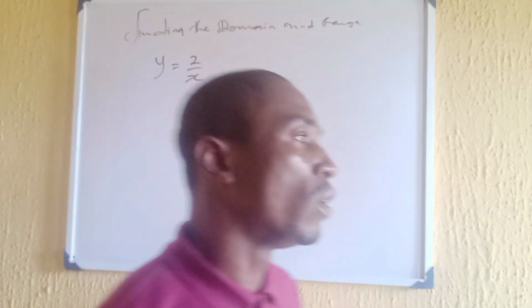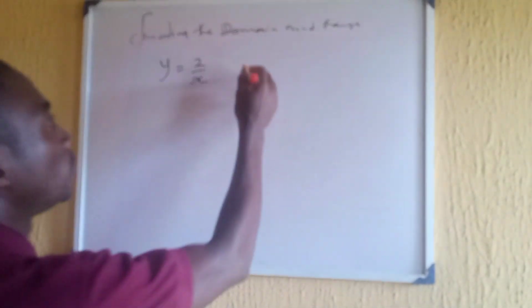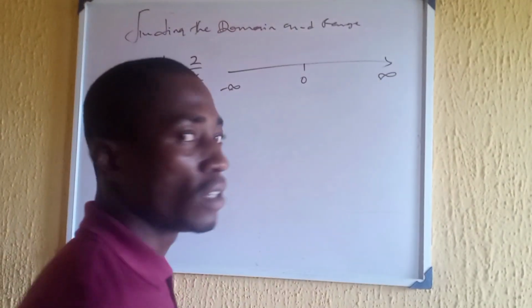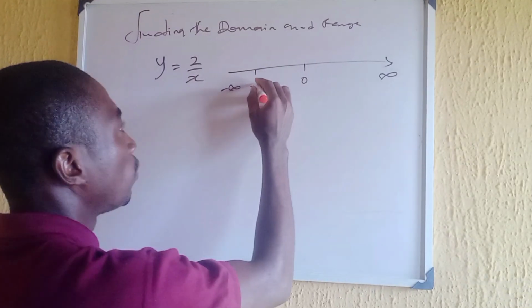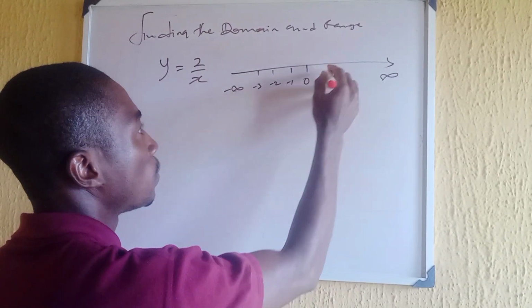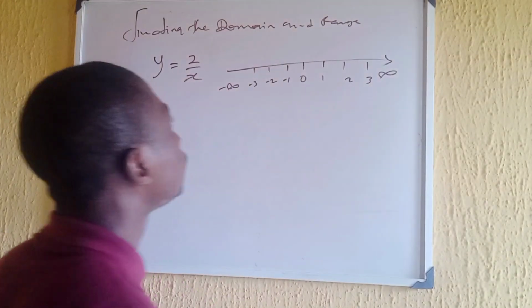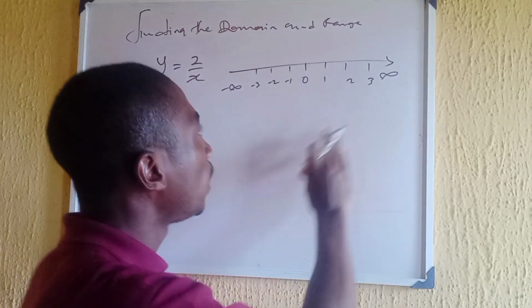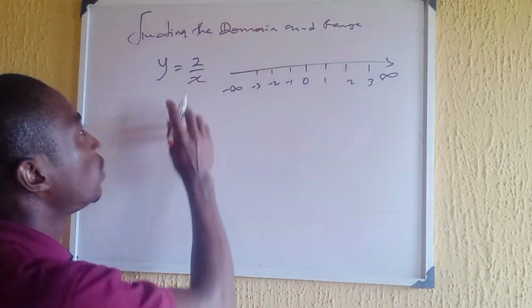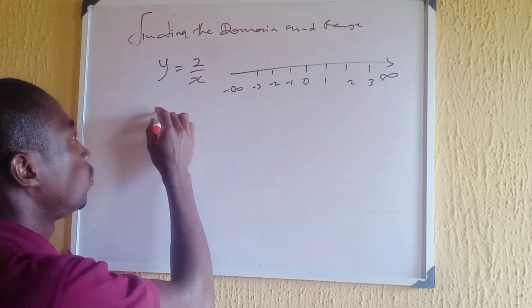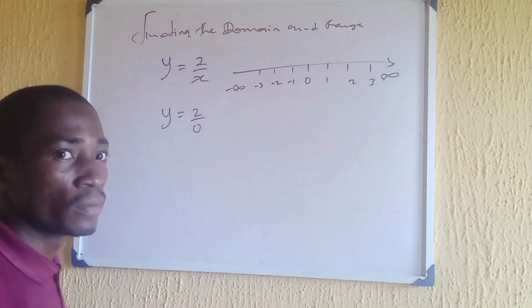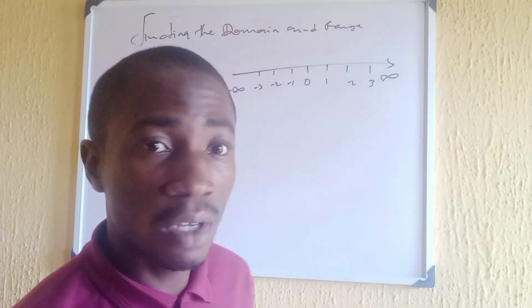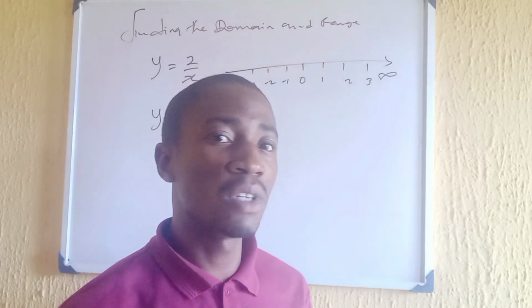of a function. Now, using this function, for example, we'll have the number line. We are moving from negative infinity to positive infinity. And here we can have -3, -2, -1, 1, 2, 3. Now, as we begin to move from negative infinity to positive infinity, we realize that the moment we get to 0, this function becomes undefined. We'll be having y equal to 2 over 0. If you use your calculator,